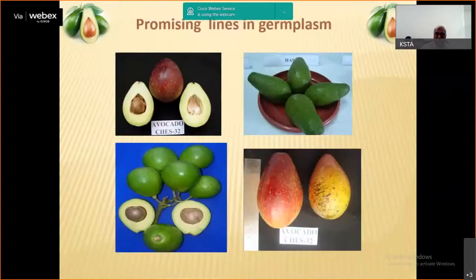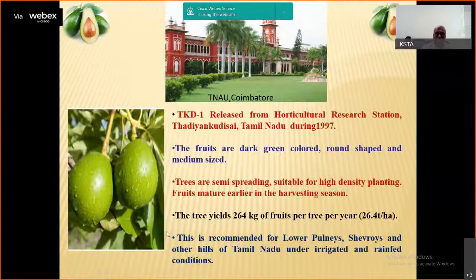So these are some of the promising lines identified in one of our research centers in Madikeri, that is in Chittadi. They have released one variety called Arka Supreme, and it is recommended for growers in the different growing areas. Similarly, Tamil Nadu has also released one variety, TKD1, recommended for the hilly areas of Tamil Nadu. This is also recommended for high density, that is, more plants per area. So you can accommodate 200 to 250 plants per